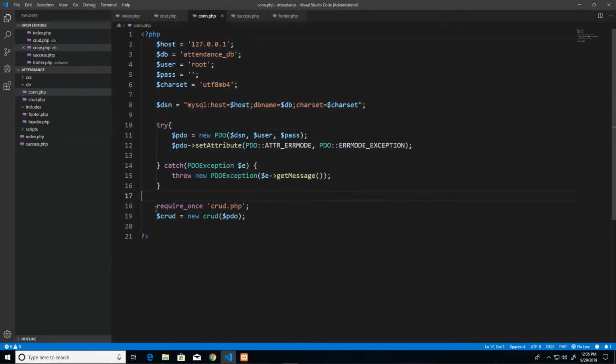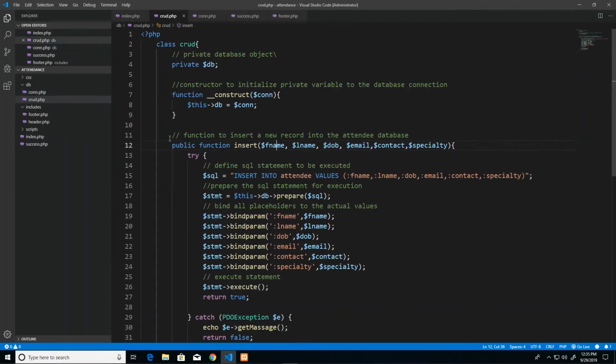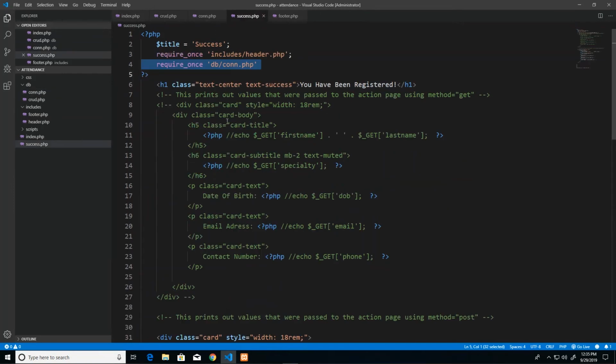And then it's going to require our CRUD file and define a new class. And then anything we need to do on the page, we can just say object crud and call the function. So this way we're segmenting the code and keeping everything in one place. We're not mixing too much PHP or too many database operations in with our HTML all the time,